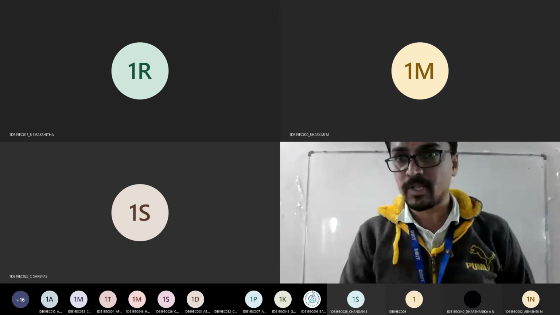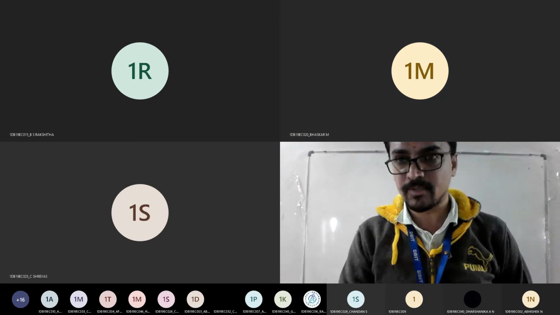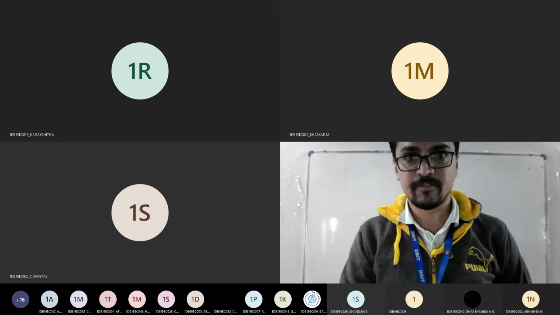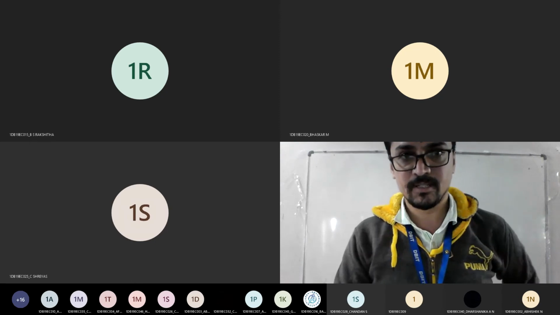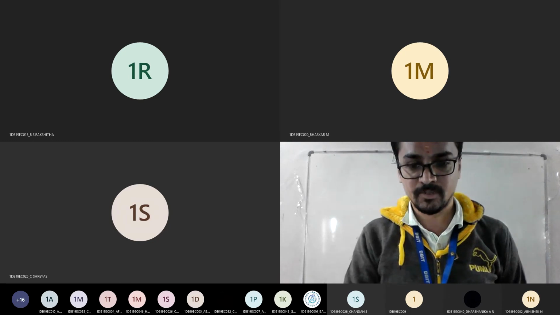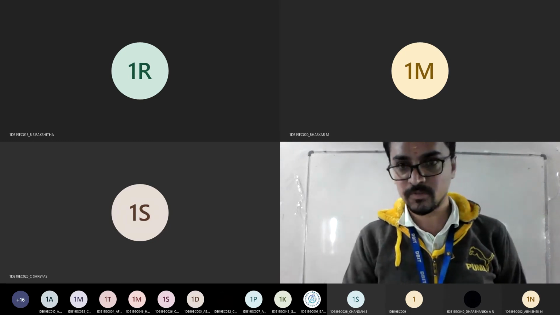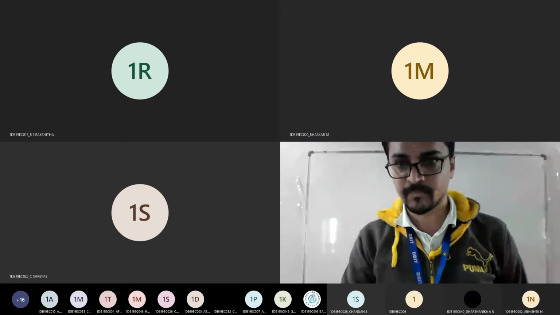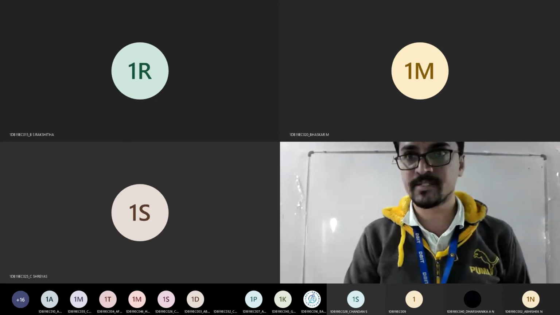So today we'll continue, and I told you we have one last topic, that is waveform representation. So waveform representation we'll try to solve today: how to apply Laplace for the given waveform. That will conclude your module number 4. From next class onwards, we'll deal with your module number 1. So let's go to the basic things.